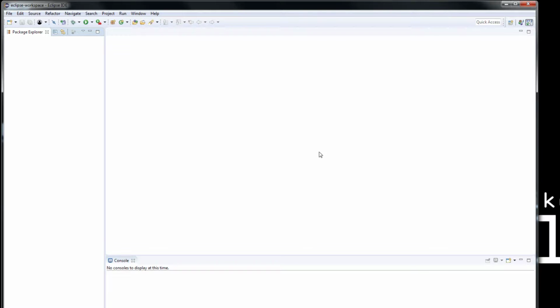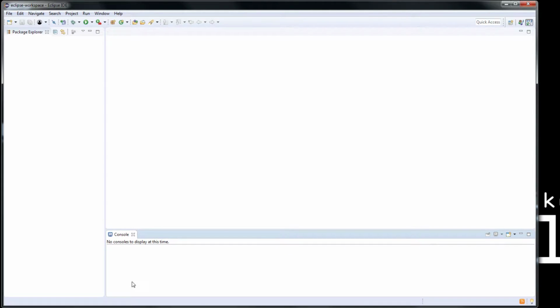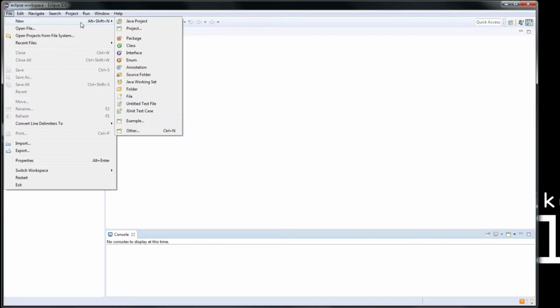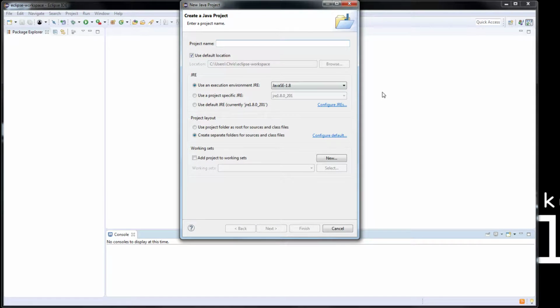So this is going to be your working window on any of the classes you're currently working on. The console output, this is what the user is going to see. And then you have your package explorer. So this is going to show your projects, your classes, etc. So let's go ahead and hit File, New Java Project,